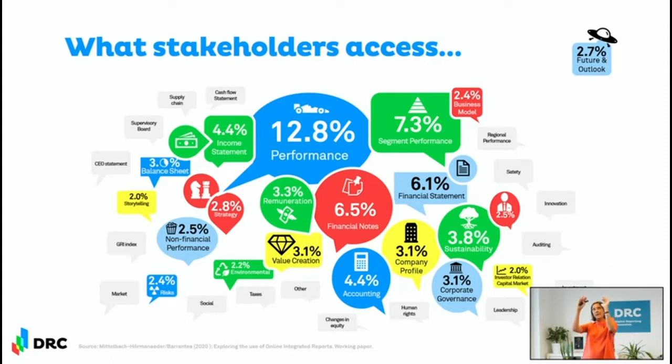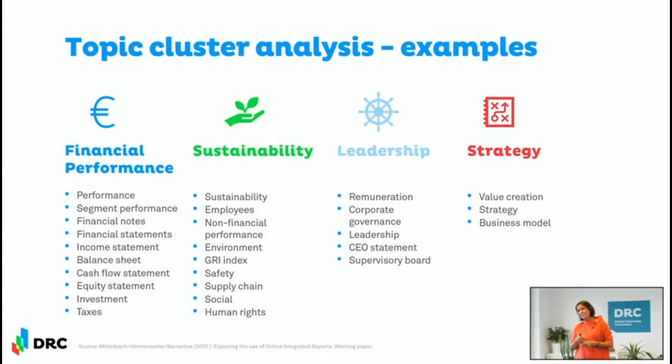So looking at this analysis by site and by page and topic, this is the most granular level where we see that users access a lot. Performance pages is the number one, and the first ranked pages are linked to financial information. We then go one step further and cluster these topics we have attributed to sites in a topic cluster analysis. Here we put a few examples. The first one we aggregated under financial performance subsumes performance, segment performance, financial notes, statements, income statement, balance sheet,